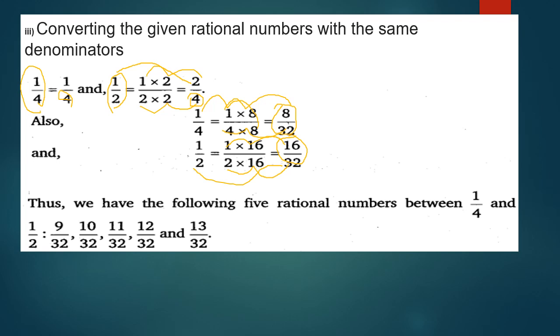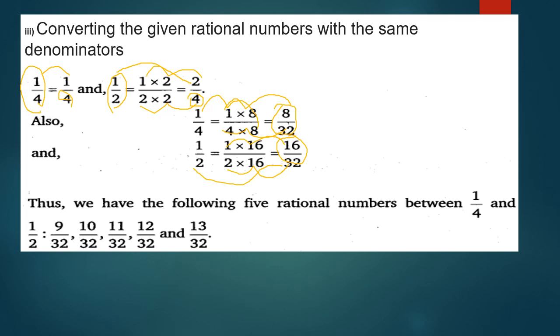It is clear for you children now, I think. See, 1 by 4 is the rational number. No need to convert this into further form. Write down the 1 by 4 as it is. 1 by 2, let us convert the 1 by 2 into the denominator of 4. So to make the 2 as the 4, we want to multiply the 2 with 2. So multiply the numerator also with 2. 2 2s are 4, 1 2s are 2. Children, here the final form of 1 by 4 and 1 by 2 is 1 by 4 and 2 by 4. But there is no rational number between 1 by 4 and 2 by 4.